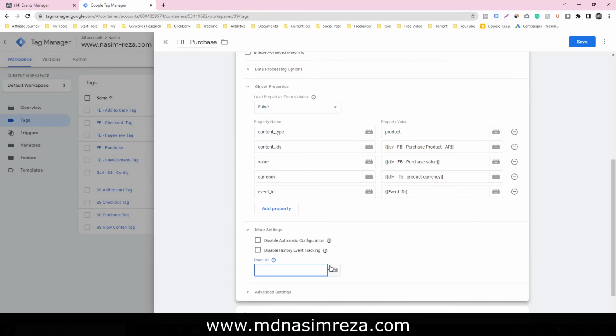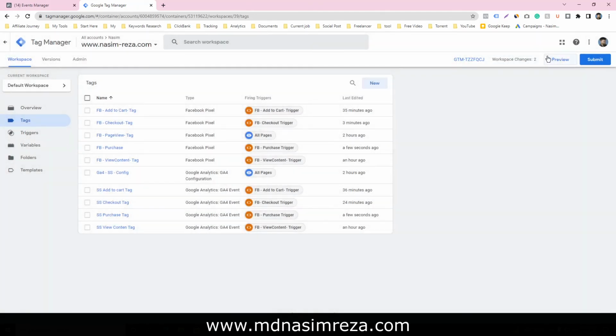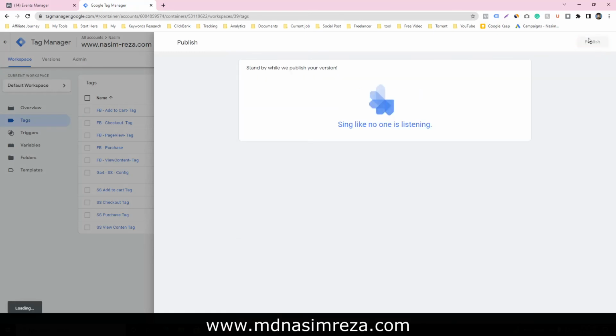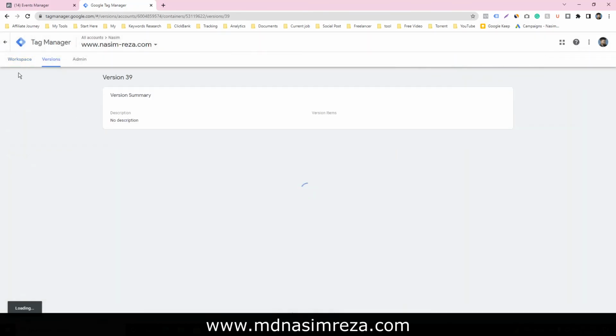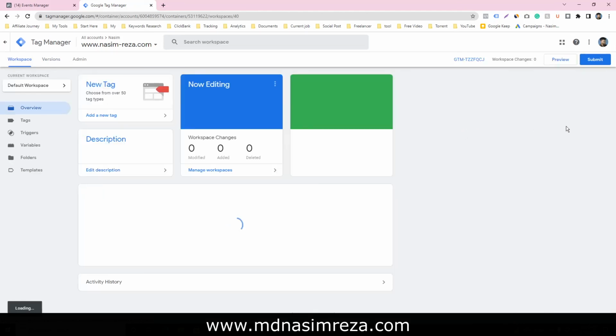Also select event ID here, save it, and finally publish it. So we have published our purchase tag.